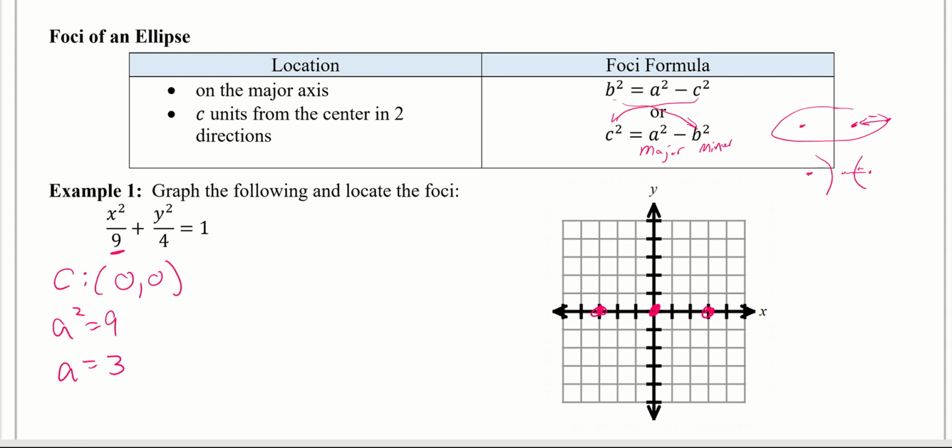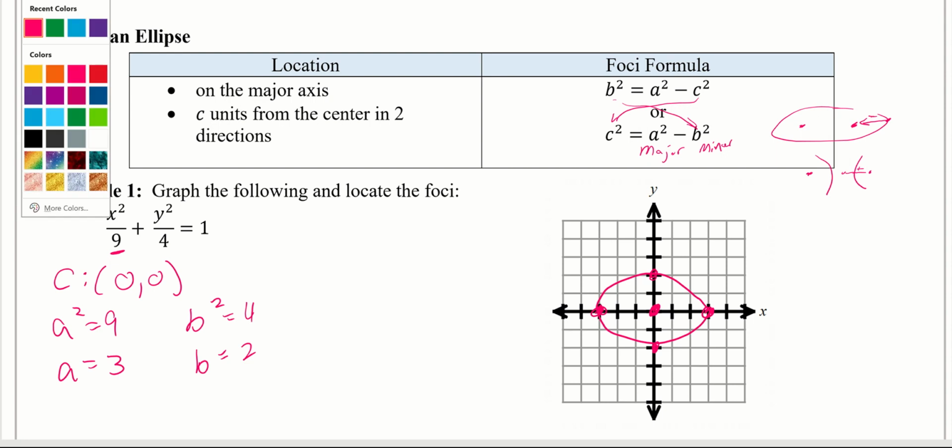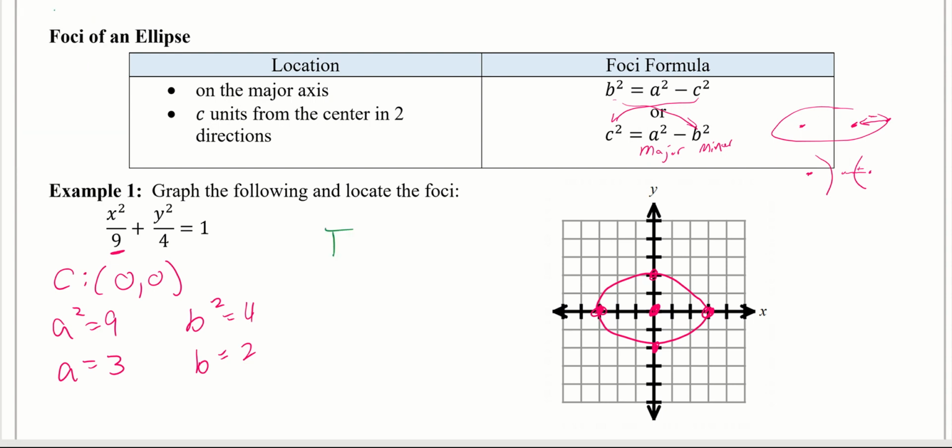Now the b value is just going to be 4, or b squared, so b is equal to 2. So we go up and down 2 in the y direction. Okay, and so this is our ellipse there. And now in order to find the foci, the foci is just the difference between major and minor,